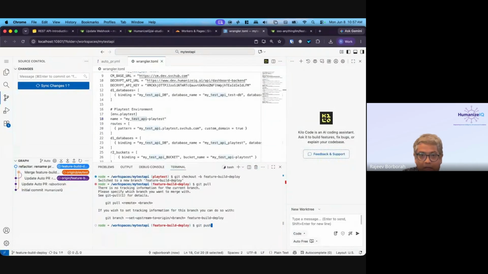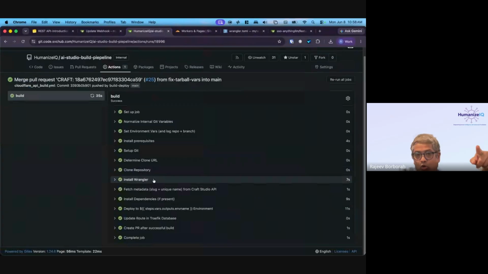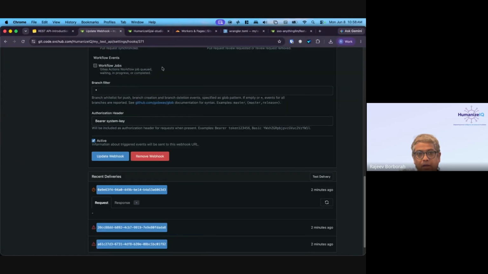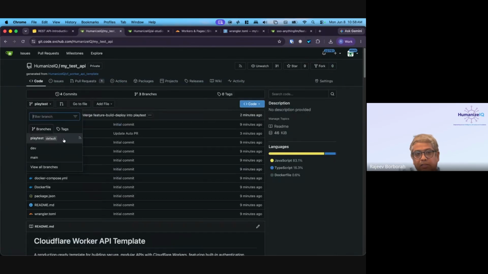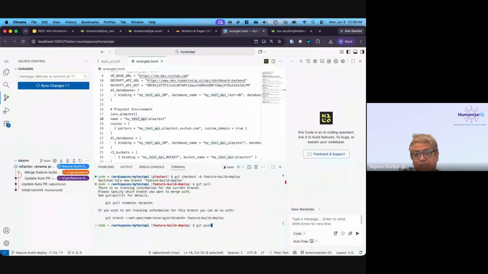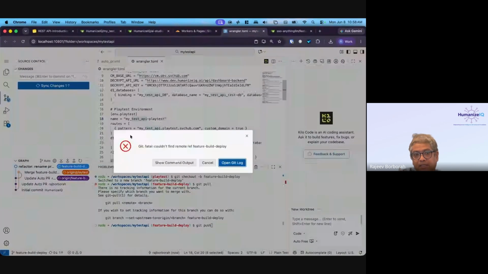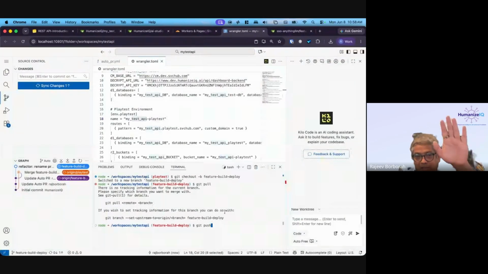Git push. Can you tell me why that command failed? Why is the sync failing from here? Any guesses? Okay. When I did this auto PR, it actually deleted the feature branch. So if I go back in here to the code, I will see that the feature branch does not exist. When the PR got merged, the feature branch automatically got deleted. So now in my repo, I'm working on the same feature branch and trying to push to it. So when I say sync, it does not work. It says that the branch could not be found. However, that is just a VS Code issue.